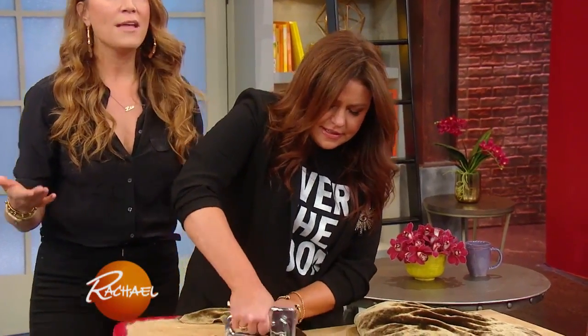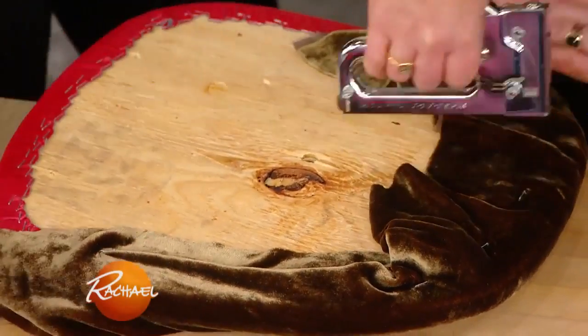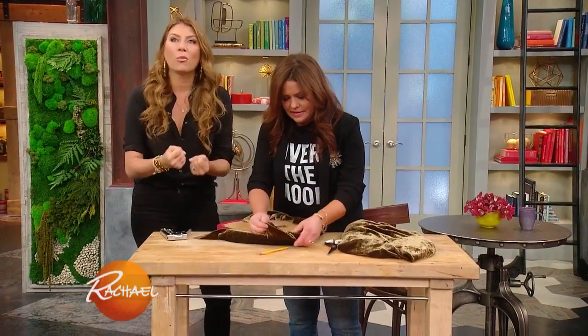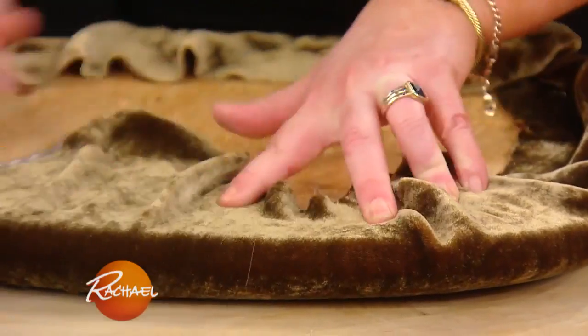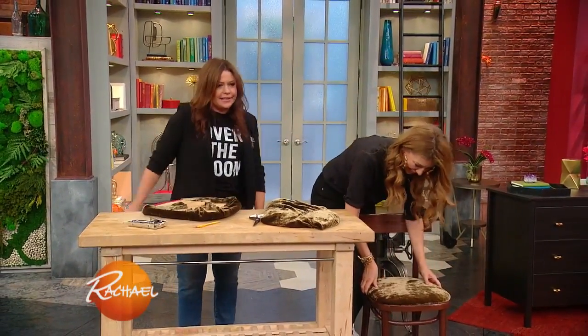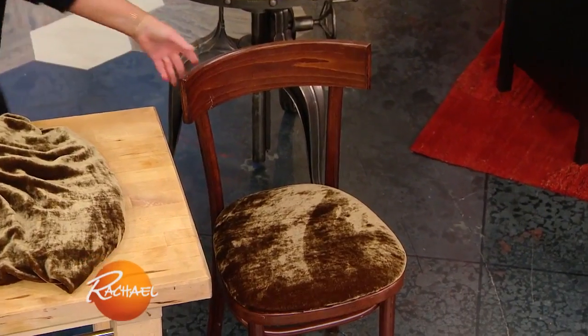So this is a really easy way, for $20 a yard, and this is something millennials need to learn about: how to buy fabric to reupholster and make window treatments. It's such an affordable way to update your house. So bringing in these olive velvets, staple them on the chair, and all of a sudden you have a chair. Whoop, that's not on there. That's why I keep redoing it. If you have that, I don't need to do this. Look, make it look